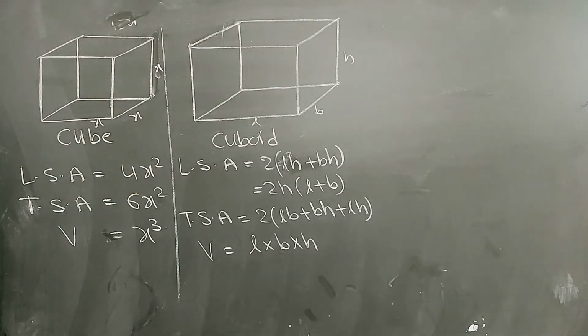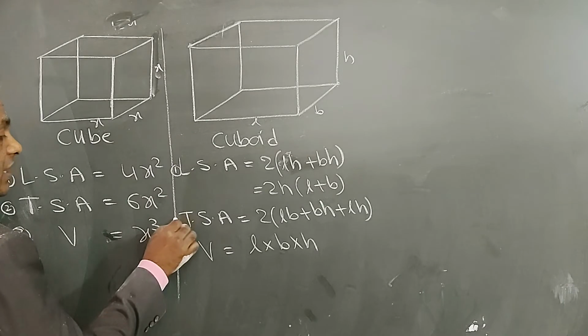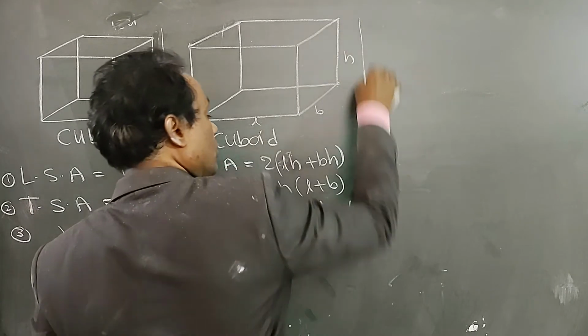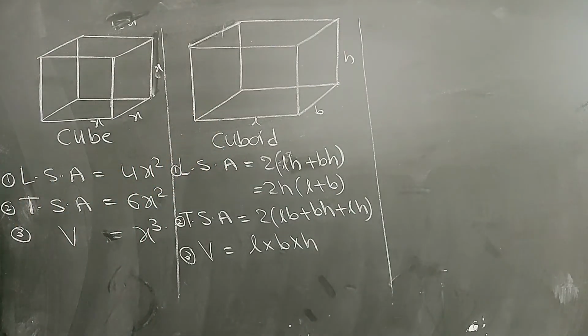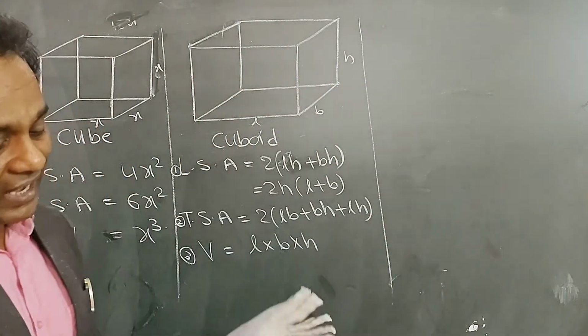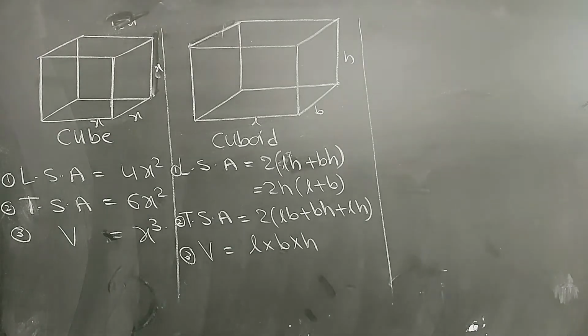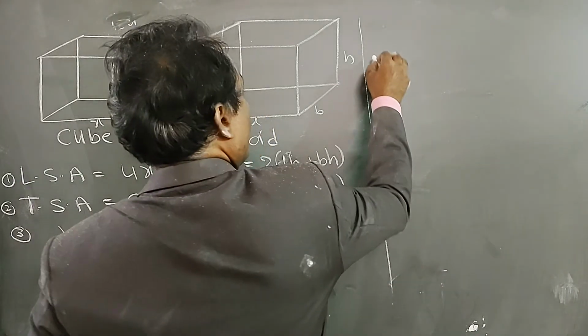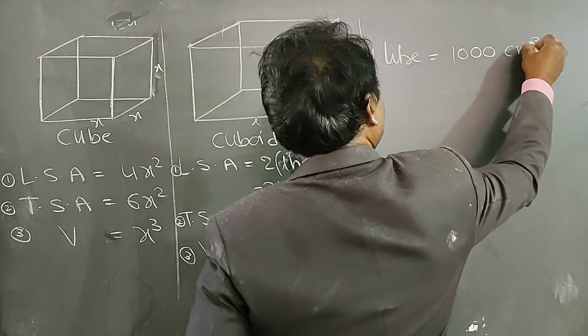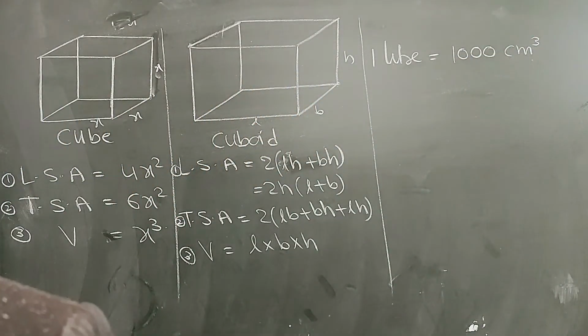So these are all the 6 formulas I gave and we applied, and these formulas are useful in your higher classes also. In 8th, 9th class we have this topic, and 10th also we have this topic. So after that, there is some small confusion in volume units. So see here, 1 liter is equal to 1000 centimeter cube. That I gave as the relation and we applied. Convert the liters into centimeter cube.